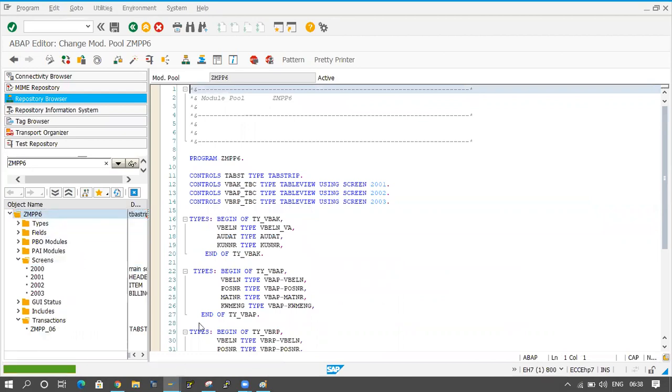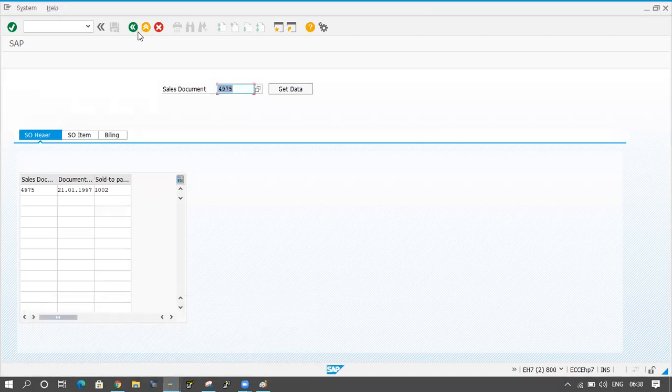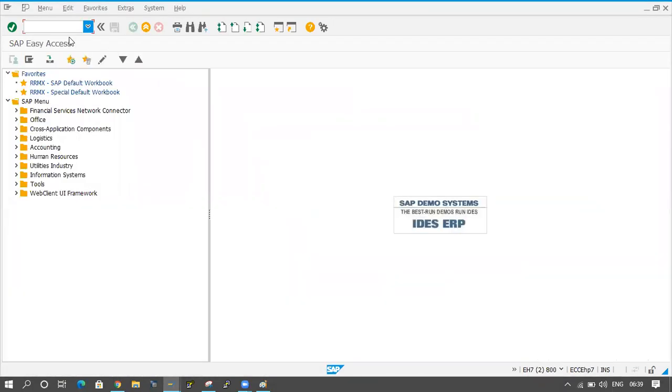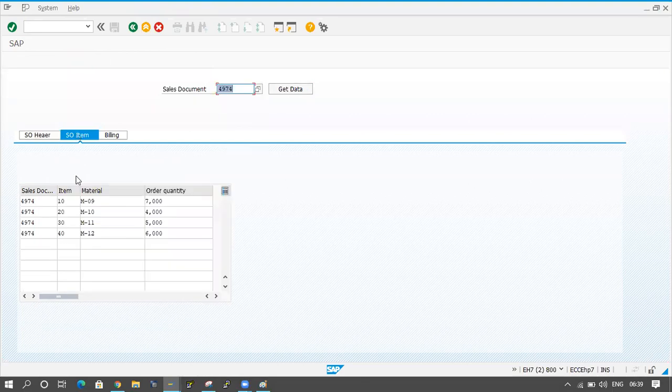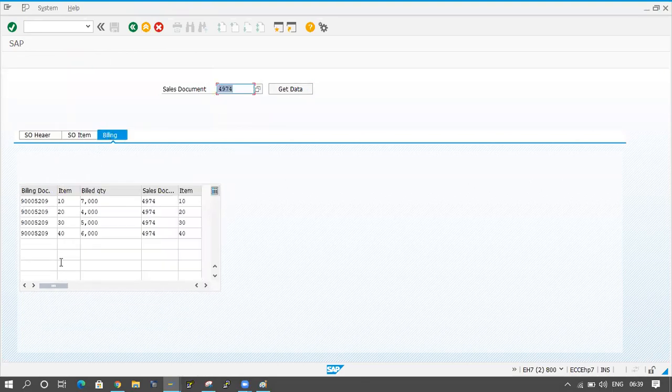It's activated. Now I will go to the program and click on the back button. I will give something like 7.4, and some data is coming here, fine. I click on SO item, and the SO item tab is coming, billing also coming.